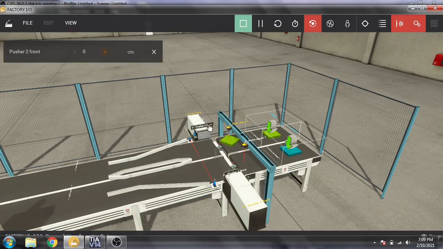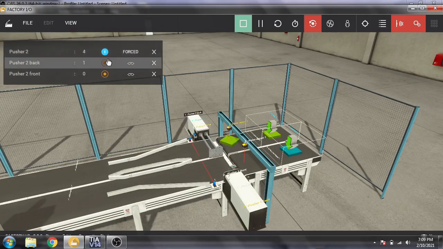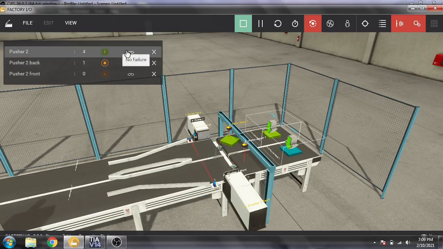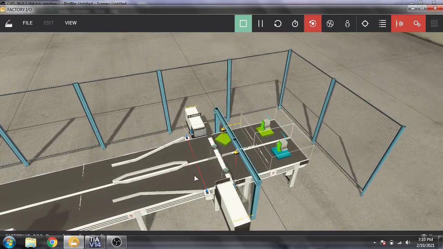You can see there is a pusher we have. If we select the pusher, you will see that the pusher front is on. We release that, and you will see that the pusher back is on. If the pusher is in front, it touches and the front is on. We also have a front sensor and a back sensor in our pushers. We are going to make some changes in it because the scene doesn't work properly with the color, so we are going to make some changes in our scene.